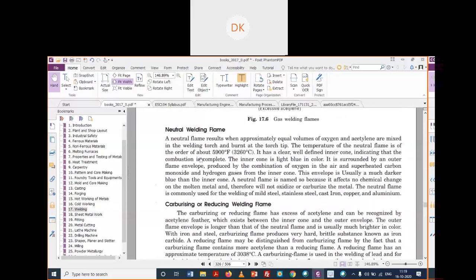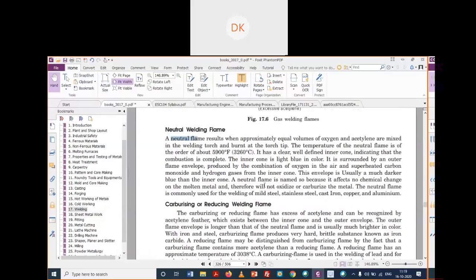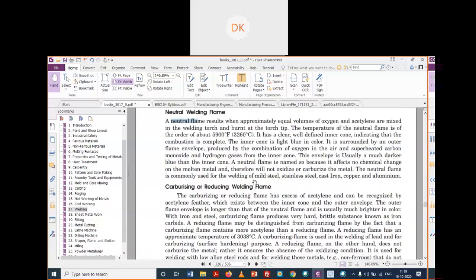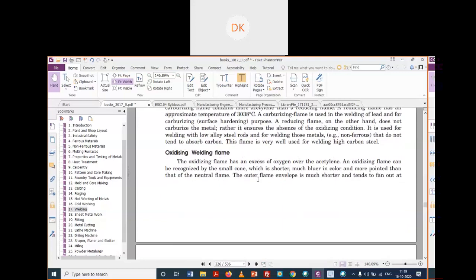So I will provide the notes for this, because it is not possible to complete all these things in one class. If you can see here, this is the neutral, then carburizing, then oxidizing. How can you recognize each flame? Like here in the oxygen flame,